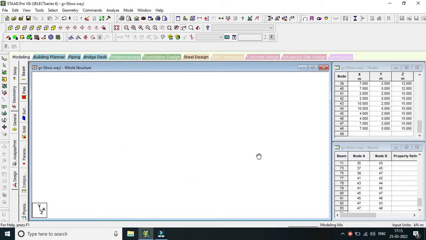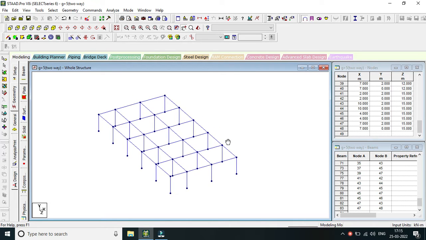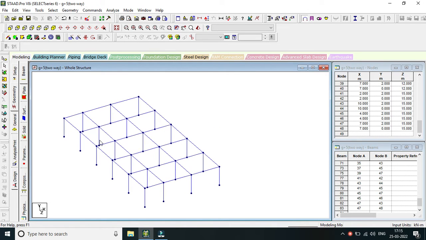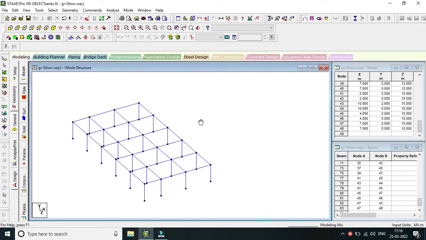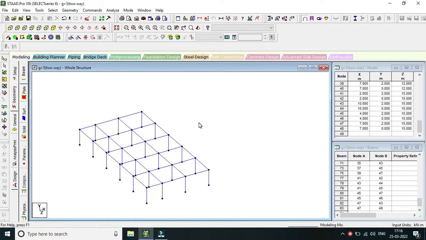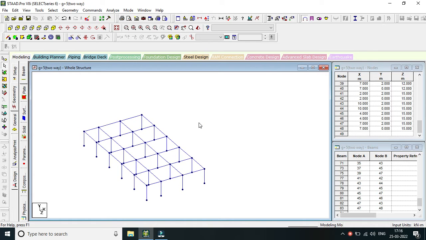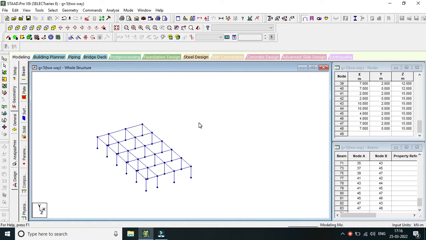So here you can see, in this way the beams and the columns: the horizontal members in the x direction and z direction are the beams, and in the y direction these are the columns. Okay, so as the beams and columns have been drawn, the next step is that we have to add the plate here. So before adding the plate, as I have told you, we are doing a G+5 building with a two-way slab. Okay, so for that what we will be doing is, we will be going to